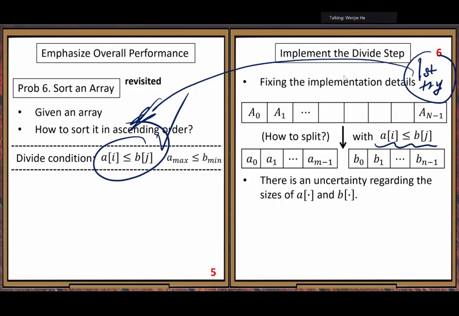There is some uncertainty regarding the sizes of the A subarray and the B subarray. We don't know how large the A subarray is and how large the B subarray is. That's one thing unknown.